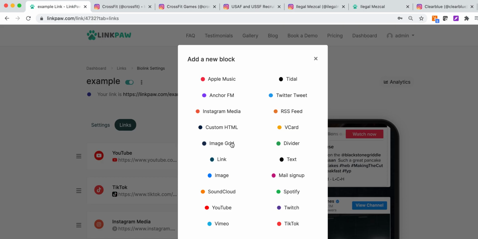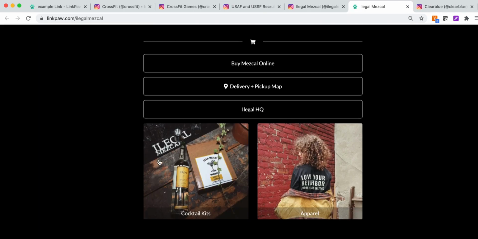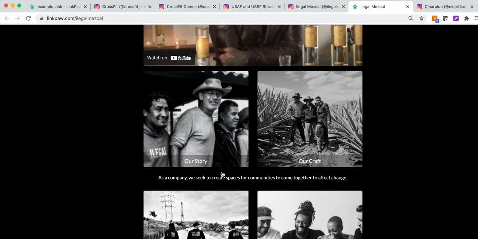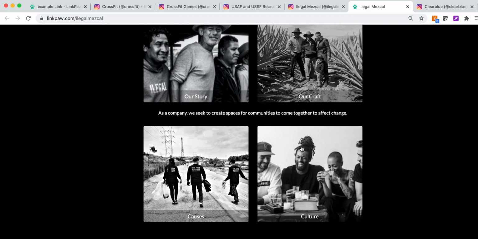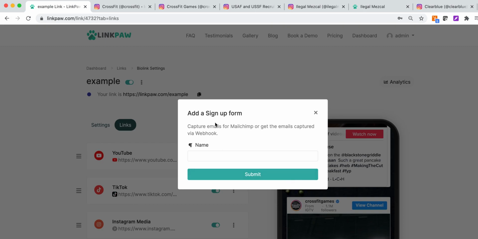Then there's the image grid that you've seen here with Illegal Mezcal. They have an image grid here. And here it's basically those big blocks of pieces of content that you can also use to link out. You have more content embed, and then the one to note is the embedded newsletter sign up feature